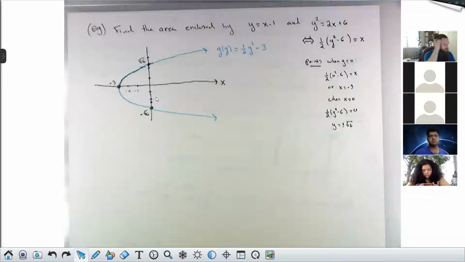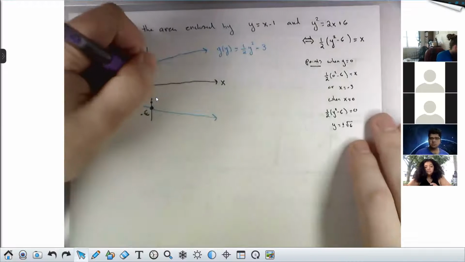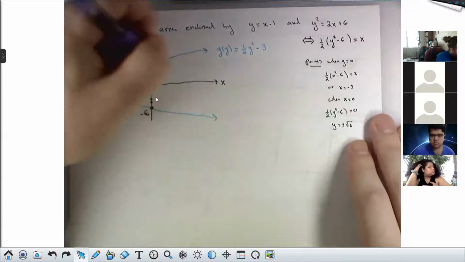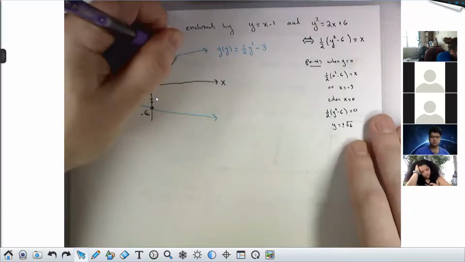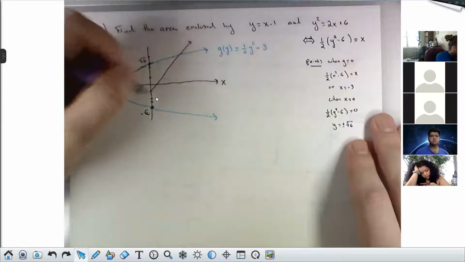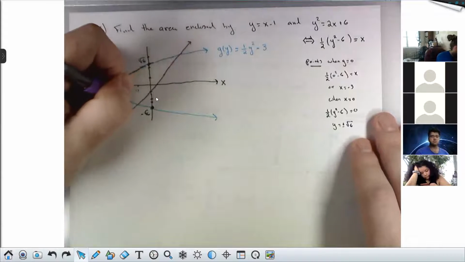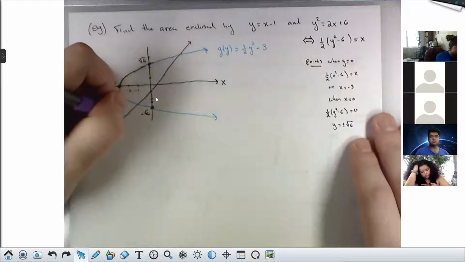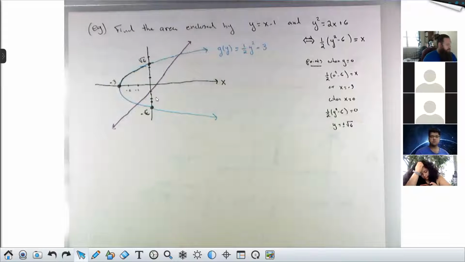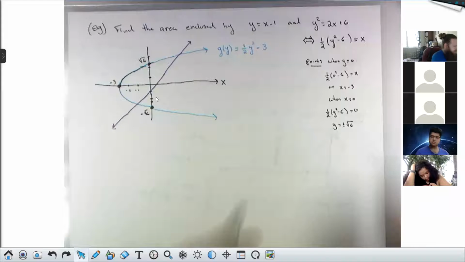The other curve, y equals x minus 1, you know how to graph that already. That's going to look something like this, right? That's a line with slope 1 and y-intercept -1. Everybody's known how to graph that for years. But I'd like to put that in this form also, right? So if you solve y equals x minus 1 for x,